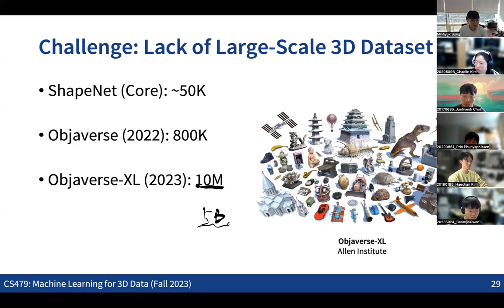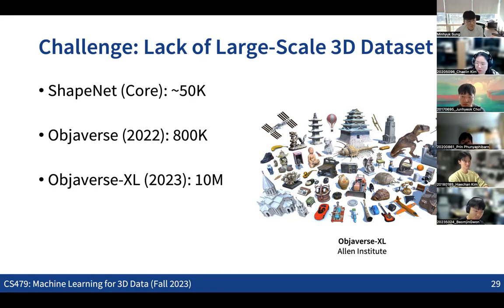And I'm not sure whether we can really make a very huge 3D dataset, in terms of the 3D models in the dataset, that can really cover all the possible 3D content that we're going to make. So that's the thing. So probably in the near future, we might be able to see a really big dataset, but compared to image datasets, the scale may still not be that big.